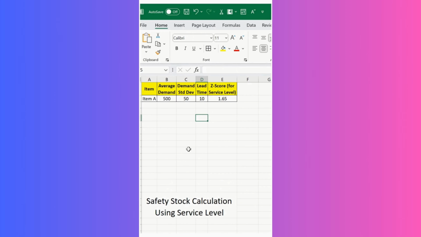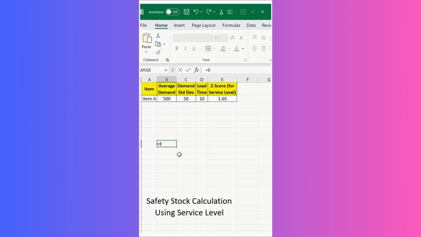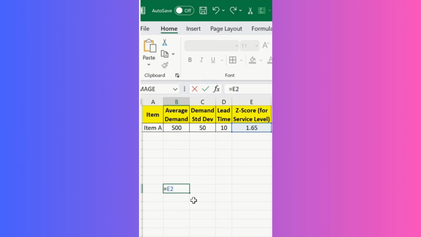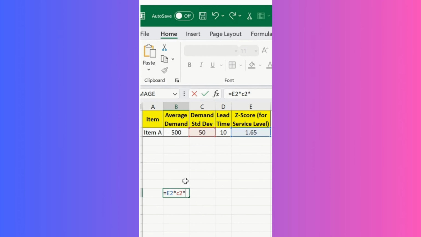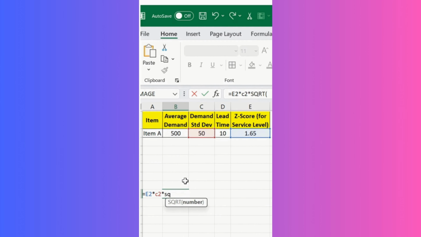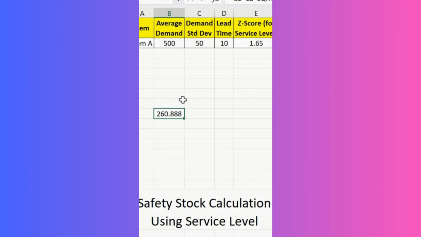For a specific service level, how to do that? 4 times the standard deviation, again times your lead time, equal to E2, okay, which is your Z score for the service level. It's C2, times the square root, cool, square root of your lead time. So what is your lead time? Lead time is D2, close the bracket, and then just hit OK. So there you go. This is how you can calculate safety stock calculation using